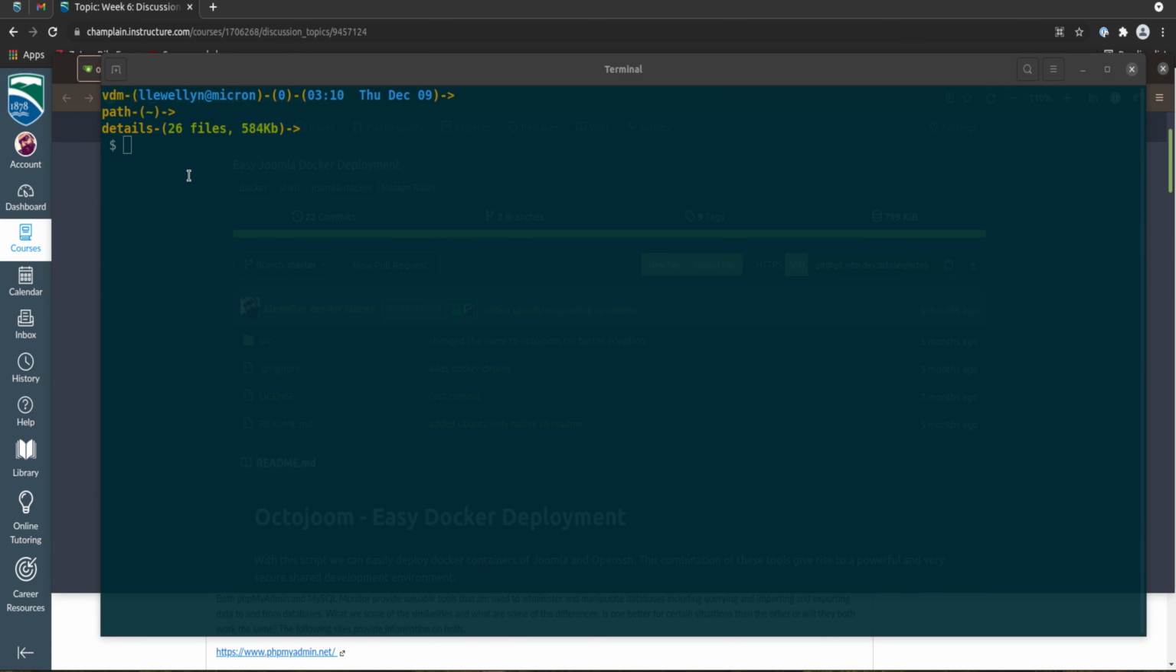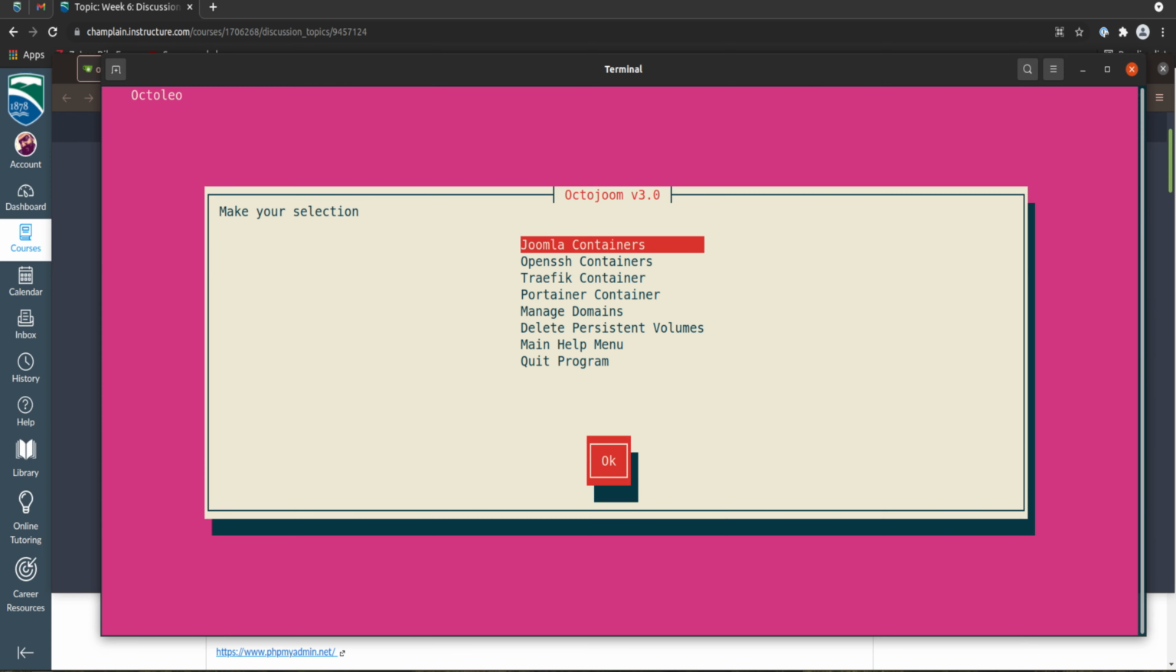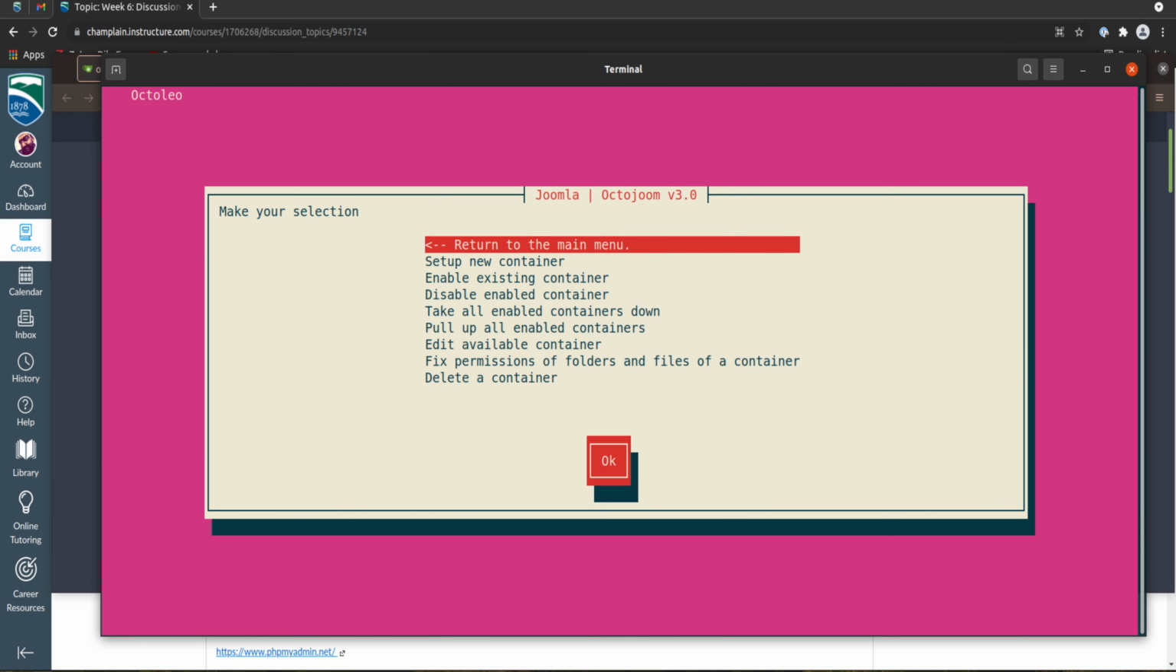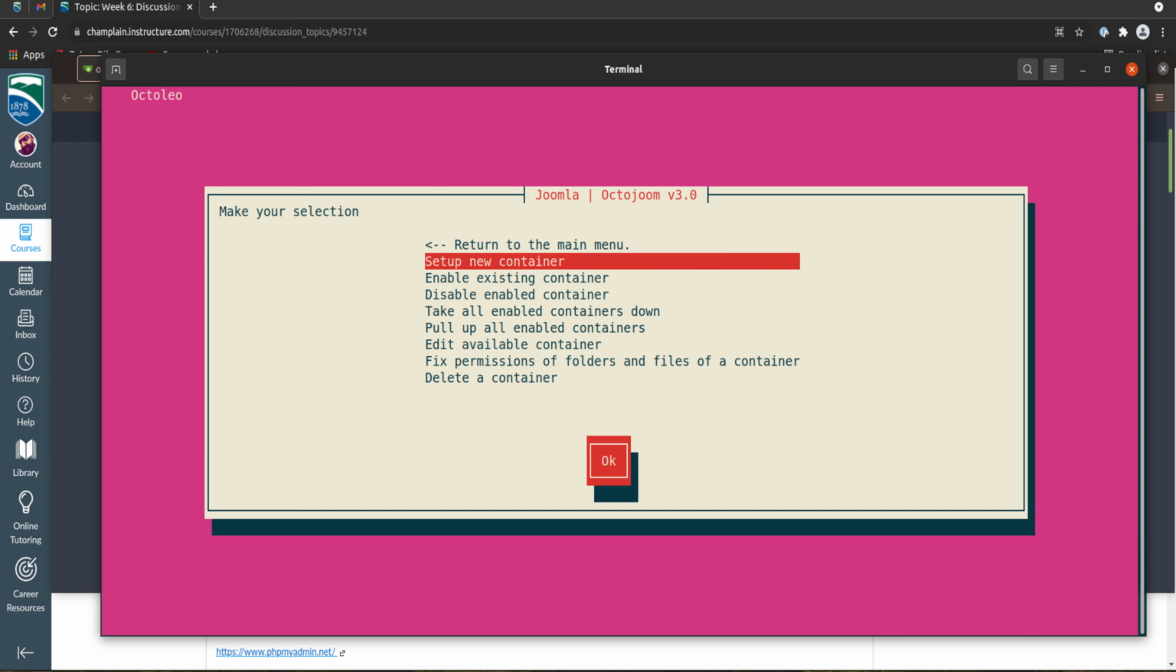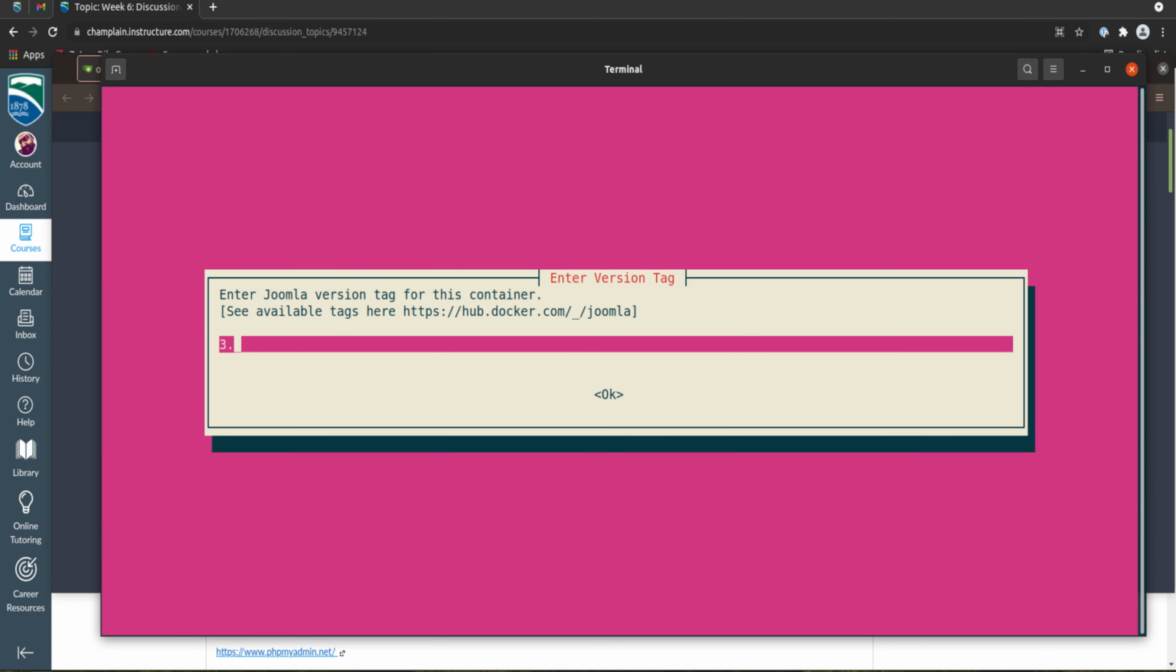So here I'm in my terminal on Ubuntu, and I will type in octoyum and enter. It will greet me with a step-by-step menu. I'm going to add a Joomla container, set up a new container. I'm going to choose